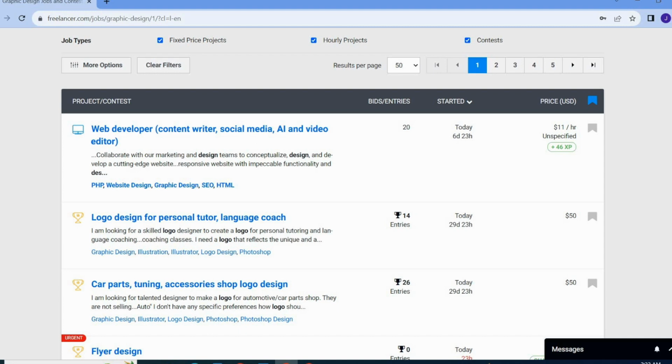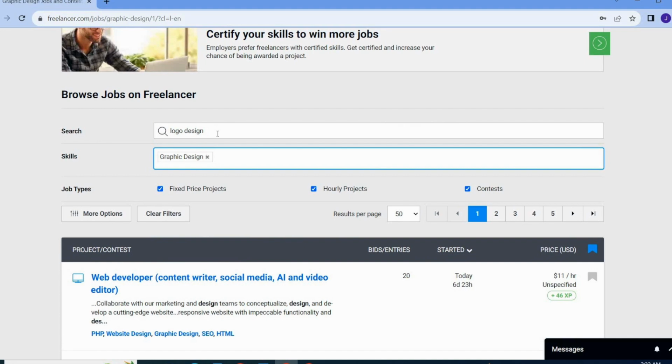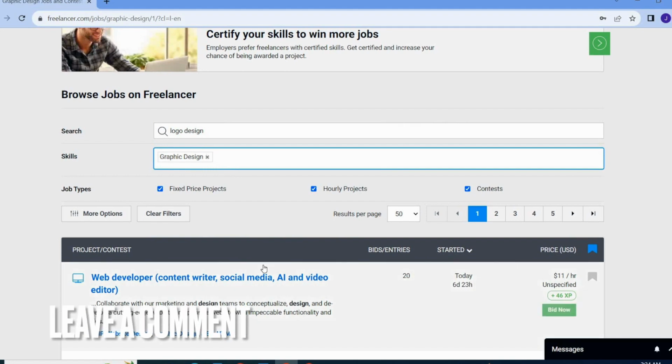Everything you want to search, you can search from here in this bar, and you have to write your skills over here, and then all the projects will be shown on the screen. So guys, this is how to search